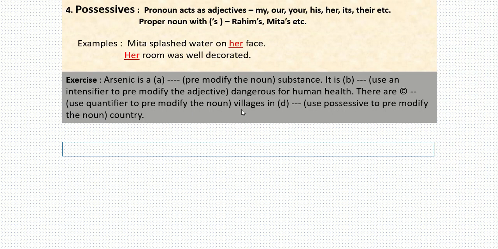That means we have to show the quantity. We can write, there are many villages. As villages is a plural noun, we use the quantifier many. There are many villages in, here we have to use a possessive to pre-modify the noun country. Whose country? Of course our country. So we can write, there are many villages in our country. So the answers will be harmful, very, many and our.